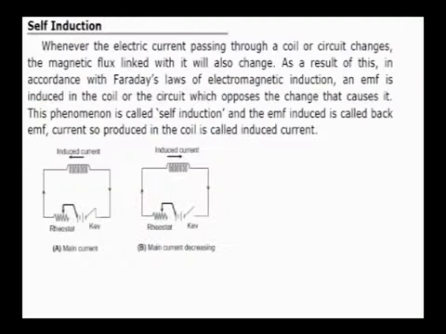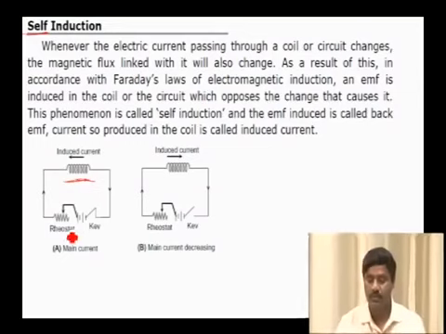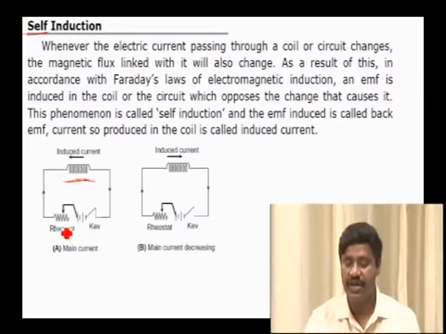Go to the next case, self-induction. The meaning of self-induction here. There is a coil here, a cylindrical coil connected to a battery along with a rheostat and a key. If the key is pressed, then there is an increase in current through the coil. Whenever the current through the coil increases, there is a change in the flux related to the coil. How does the flux change? Because of change in current.